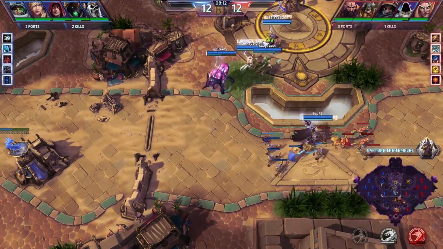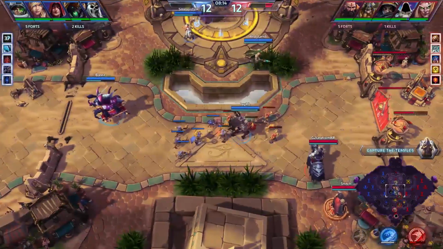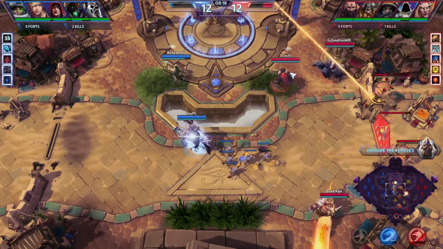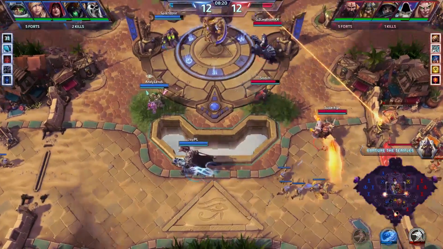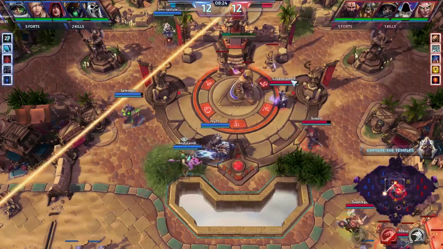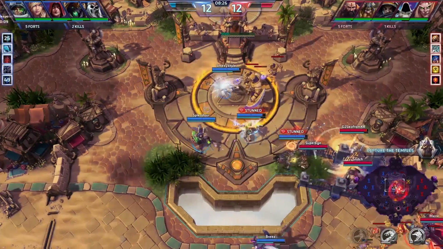Jumping into the mid lane, taking more shots on the temple, having the rest of the players there. The red team is rotating with a few of the heroes to the top. The rest is still staying at the bottom, soaking in the additional shots. Level 12 versus level 12. But I'm really liking how Splendor is currently using the mobility on the map, and they are just trying to